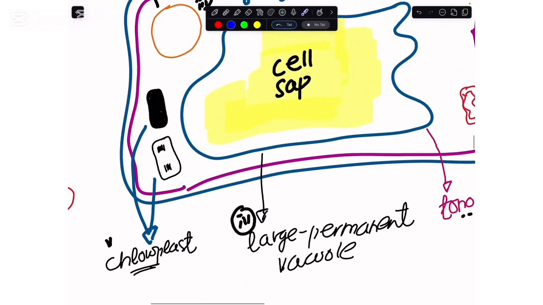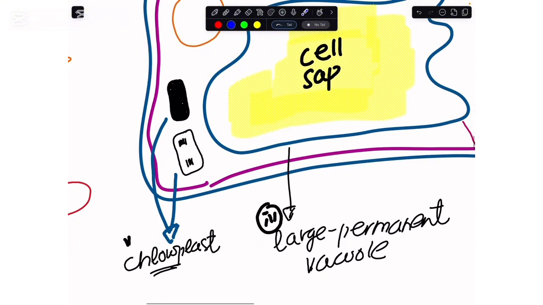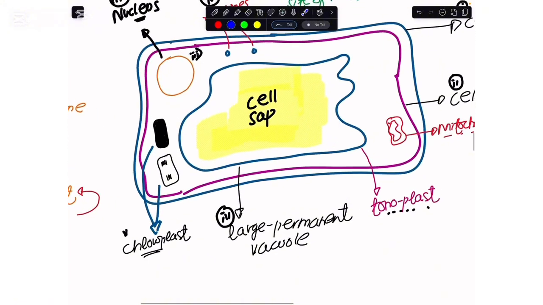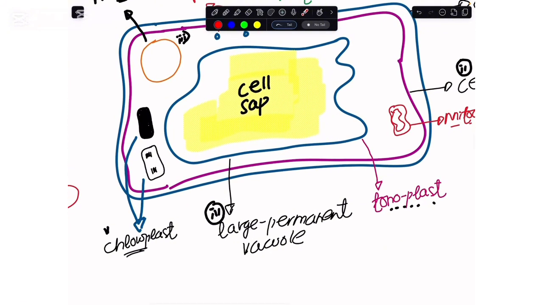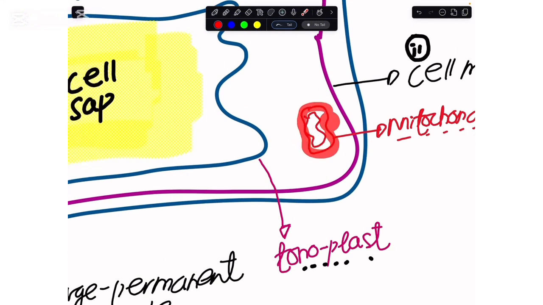Again, in your exams, the chloroplasts that these plant cells have are lying here in the cytoplasm. Here we have the cell membrane and here we have the nucleus. This is a fluid-filled space, and that is the cytoplasm. And in the cytoplasm, you see, guys, here we have the chloroplast, and this is a chloroplast. So either representation can be given by the examiner, and from those you have to identify whether this is a chloroplast. You don't have to confuse it with the mitochondria, because the mitochondria that we have in the animal cell,